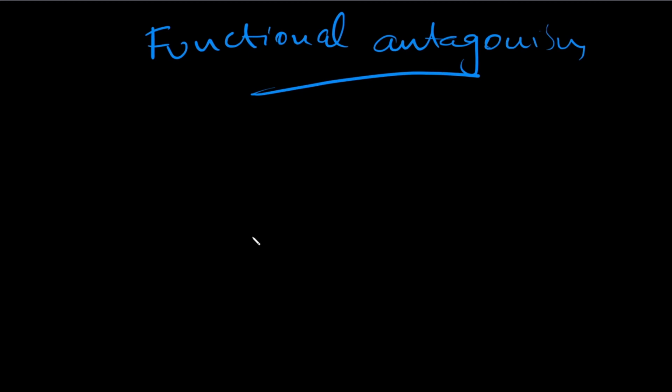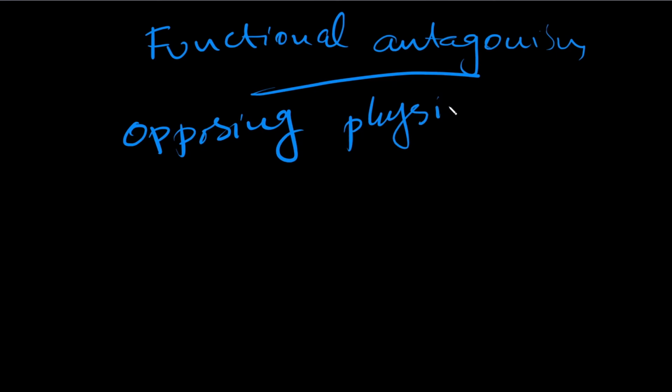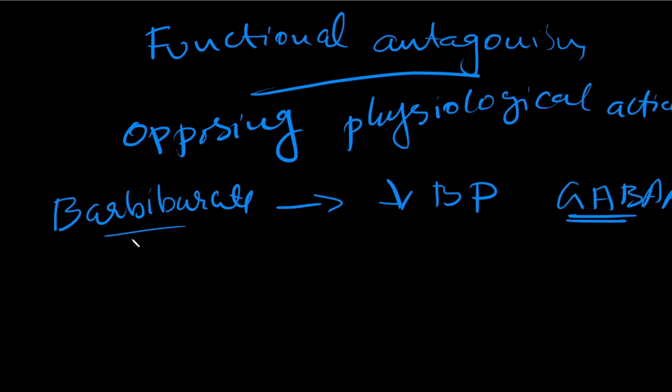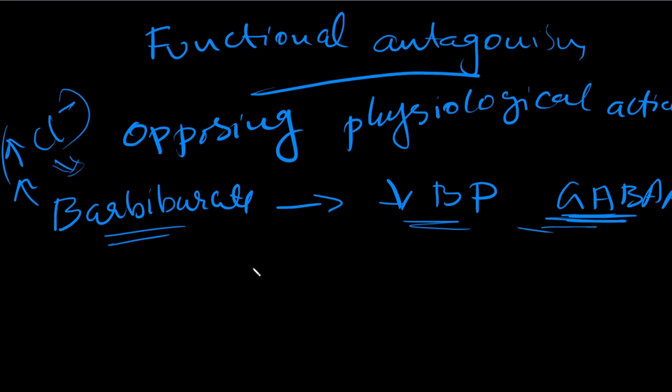Then there is functional antagonism, where chemicals show opposing physiological action. For example, barbiturate intoxication would lead to decreased blood pressure by its actions on GABA A. We have already seen that phenobarbital increases the chloride channel opening time, thereby depressing the nervous system via GABA A. So barbiturates decrease the blood pressure by acting on GABA A,